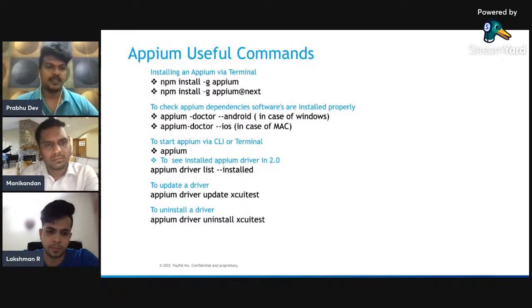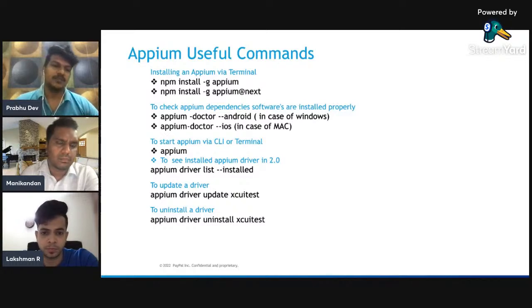These are some useful commands that will be helpful for accessing Appium 1.x and 2.x. The first command is for installing Appium, which is a Node module based tool. The command npm install -g appium will install 1.x. For 2.x, npm install -g appium@next will install the Appium 2 version.